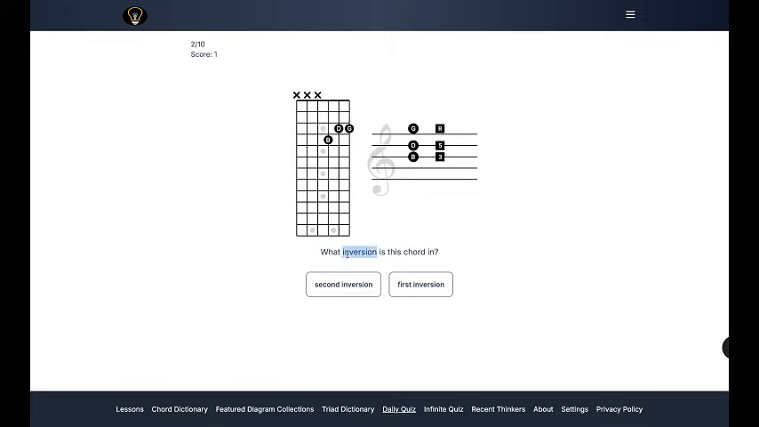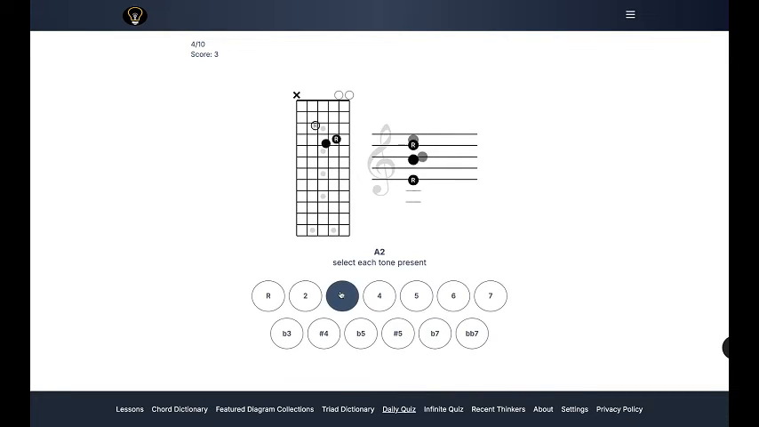Okay, what's the second question? In what inversion is this chord in? We put B in the bass position here. That's first inversion. Okay, now we're going to move it up. We're going to put D in the bass position. That's second inversion. Okay, now we're going to go through a bunch of quiz questions that are in the wheelhouse